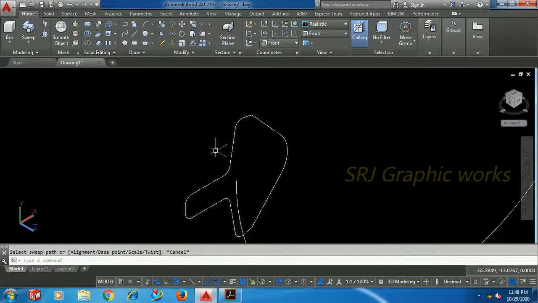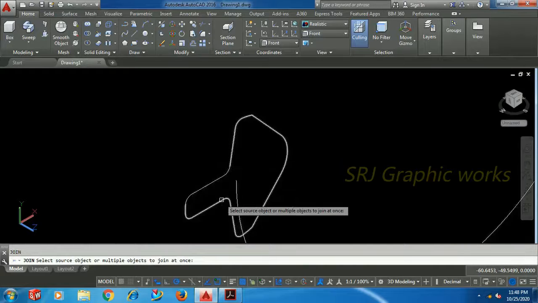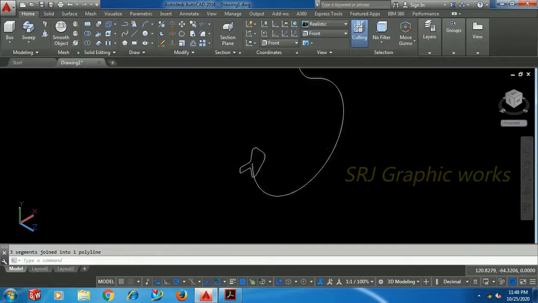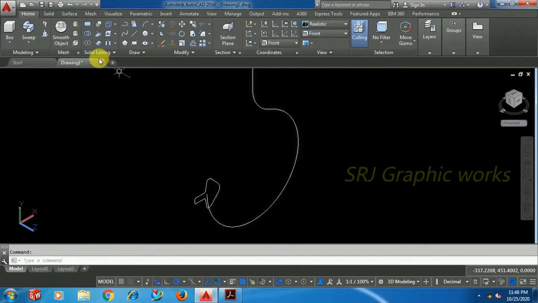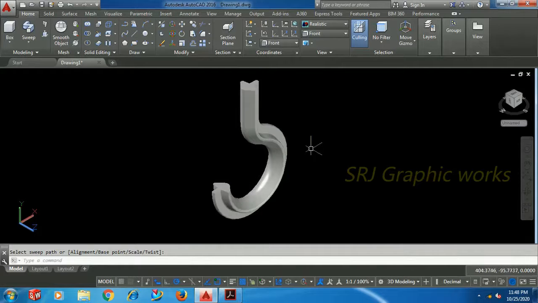I cancel that one, J, enter. Now it is joined. Now go for sweep, select object, enter, select path. See, now you can see